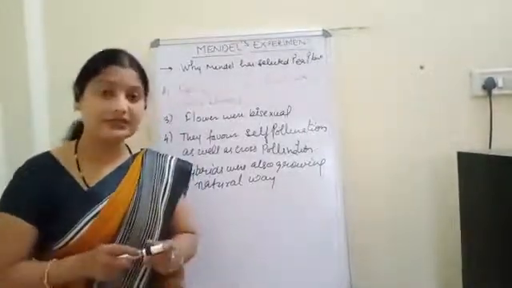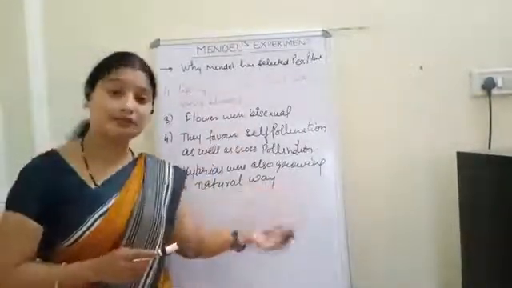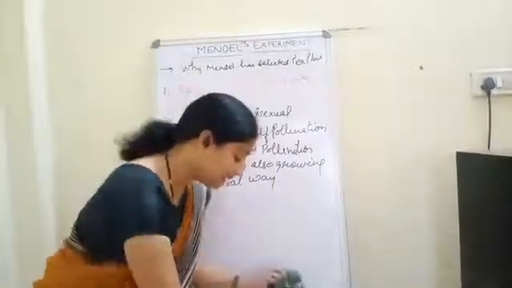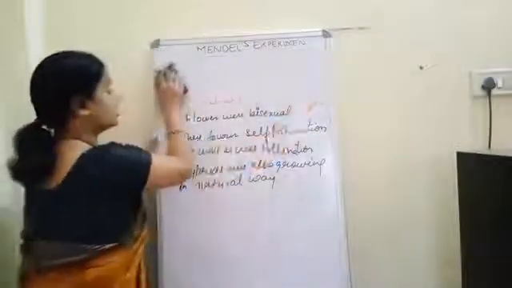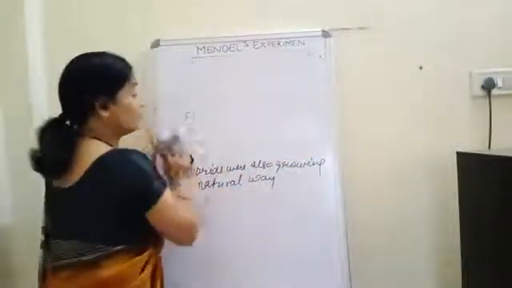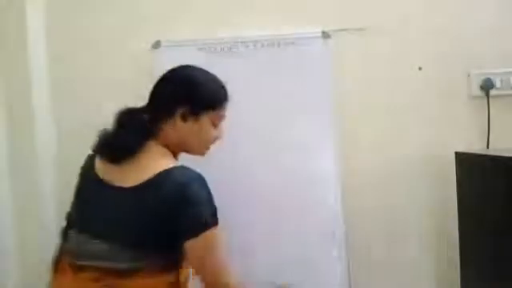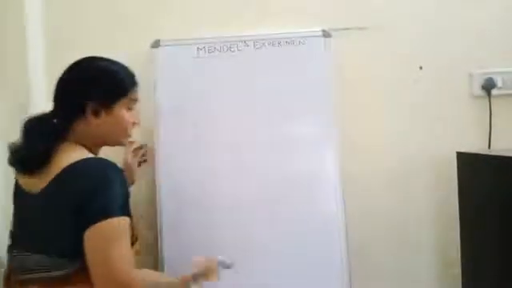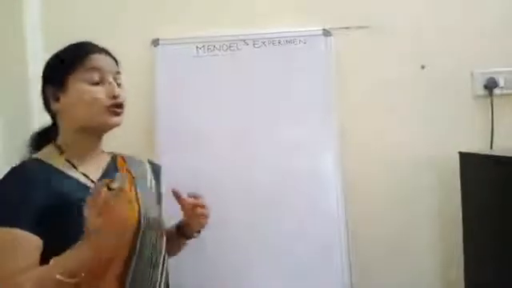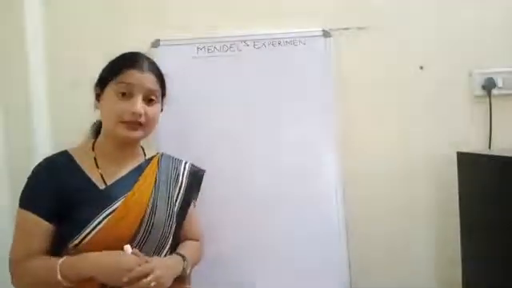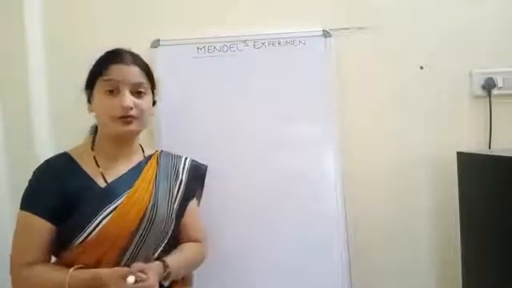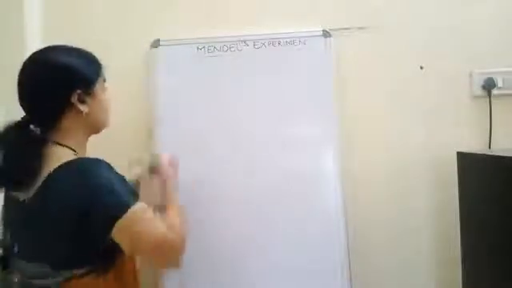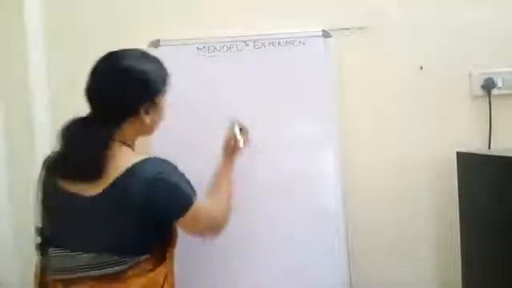On that basis, Mendel had selected the pea plant. Now we will see his few experiments, and the number 1 experiment is the law of dominance. Okay. Now see what he has done in the case of the law of dominance. He said that out of the 2 contrasting characters, one will always be the dominant and the other will always be the recessive. For example, suppose he took the flower,